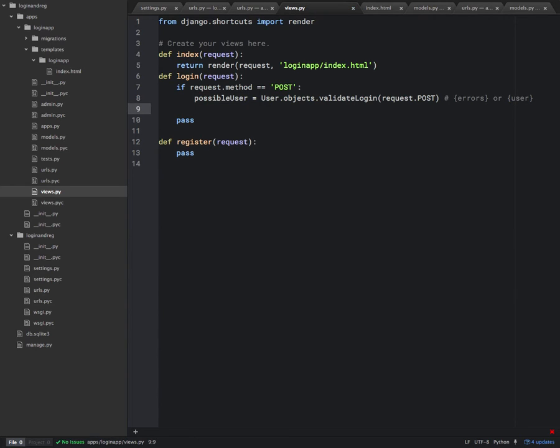So we could then do a test. If errors, or sorry, possible, what's the syntax for has key? Key in. Sorry, say that again? If key in. Yeah, that's good. Thanks. If user in, and if we're doing this a little bit more Pythonically, we might do